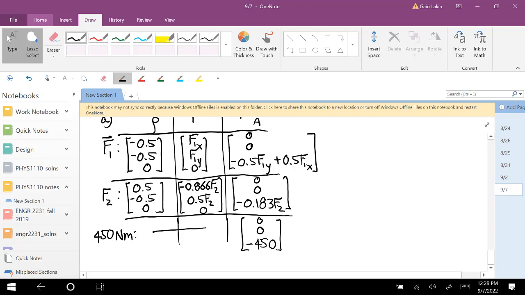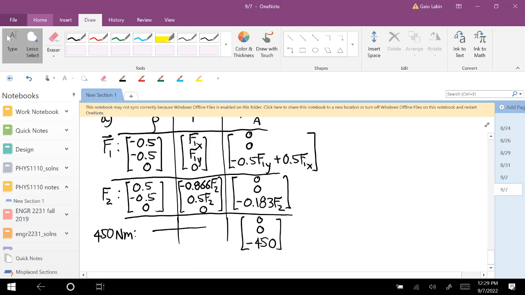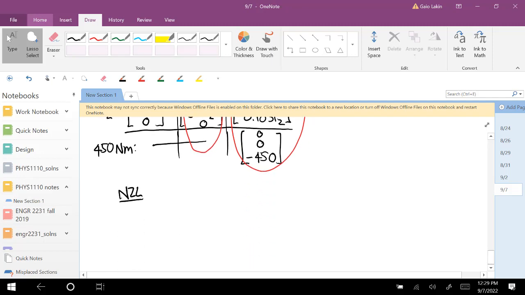All right, well now we're going to use Newton's second law and the moment equation. Newton's second law says we add these all up, it has to be equal to 0. The moment equation says add these all up, and it has to be equal to 0. So this table just puts it right in front of us. So Newton's second law says